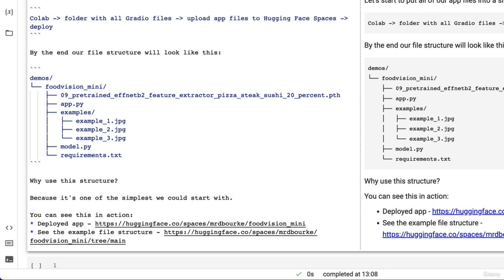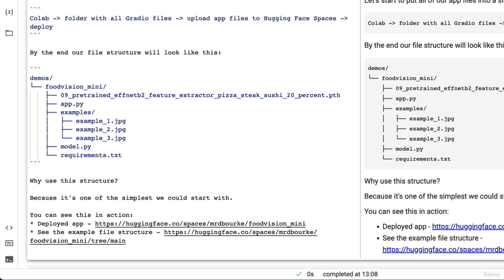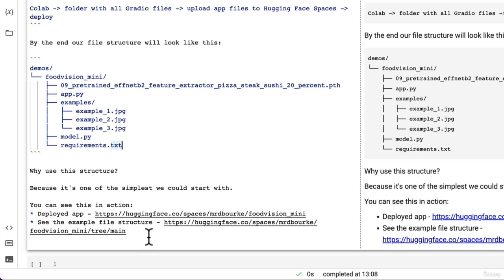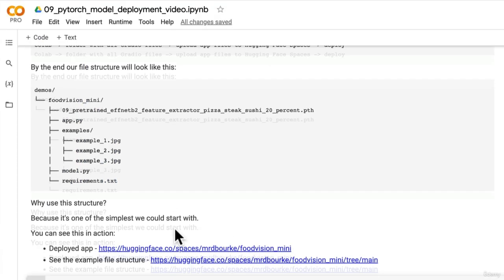Of course, as your demos and your apps and your models get more complicated, you could complicate this as much as you want or make it more sophisticated. But for now, we're just going to keep it simple so that we can experiment. And if something doesn't work, well, we can update it over time. So let's now,